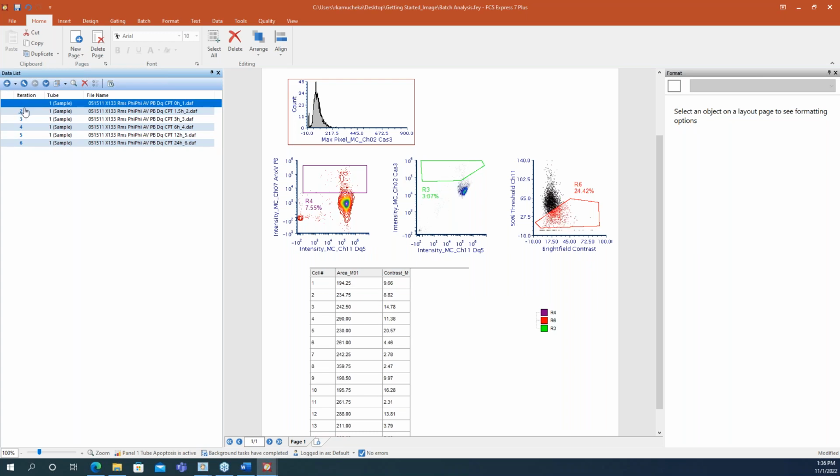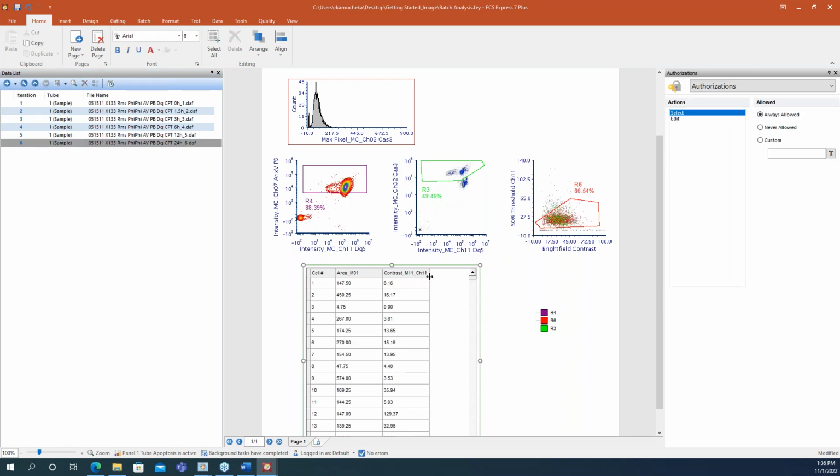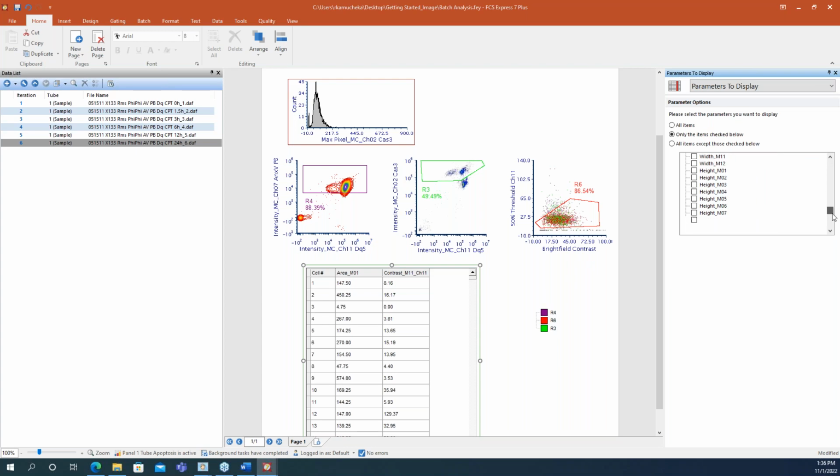If I move back, we'll be able to move back here. Let's see if I accidentally unchecked some of my parameters here. Not sure which ones I was showing here, but I may have accidentally disconnected these when I reintroduced my data